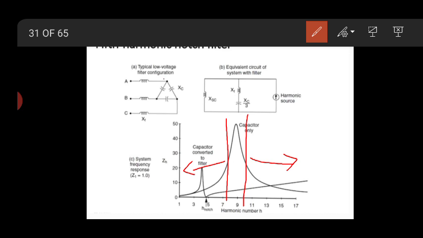The capacitor will block that type of harmonics, and it has very low impedance when the harmonics are very high. So by using only a capacitor you cannot accomplish this fifth order